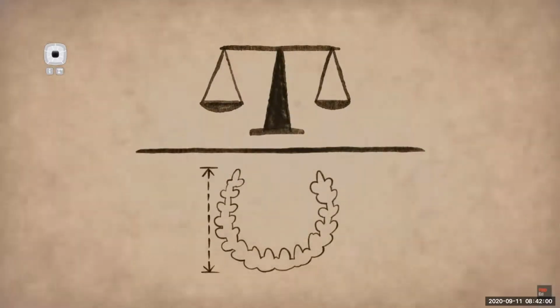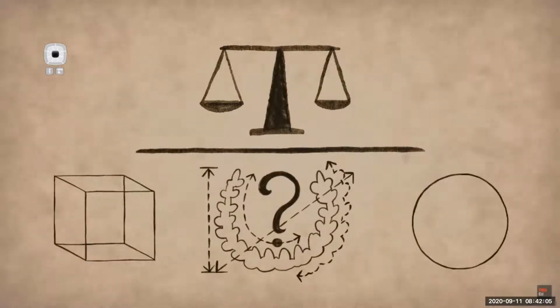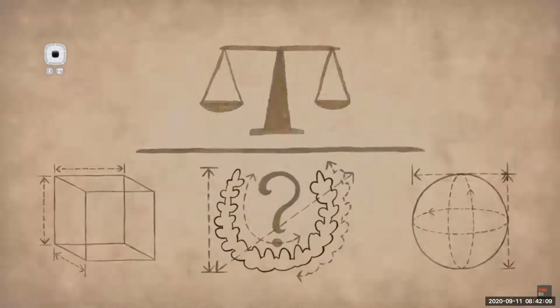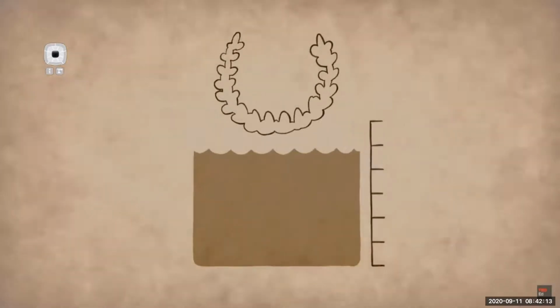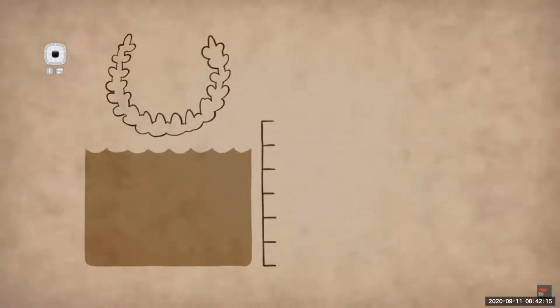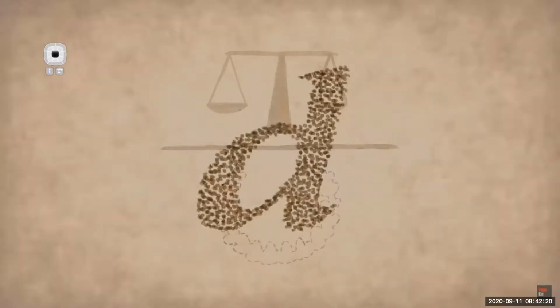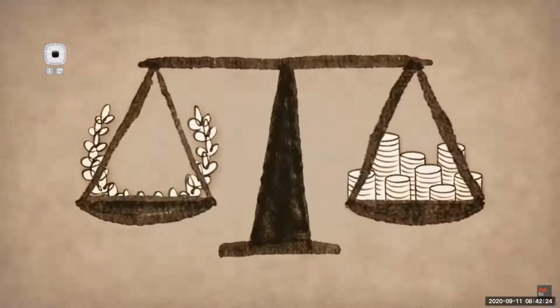But it is not easy to measure a crown's volume. It has an irregular shape that's different from a simple box or ball. You can't measure its sides and multiply like you might for other shapes. The solution, Archimedes realized, was to give the crown a bath. By placing it in water and seeing how much water was displaced, he could measure the volume. Then he'd calculate the density of the crown. If the crown was less dense than pure gold, then the goldsmith most definitely cheated the king.